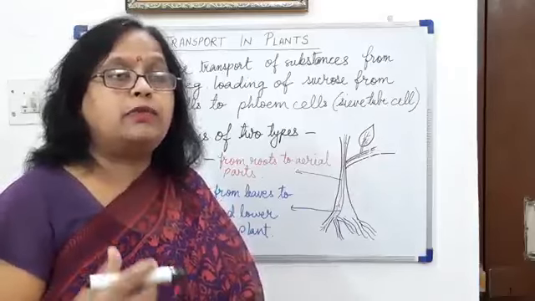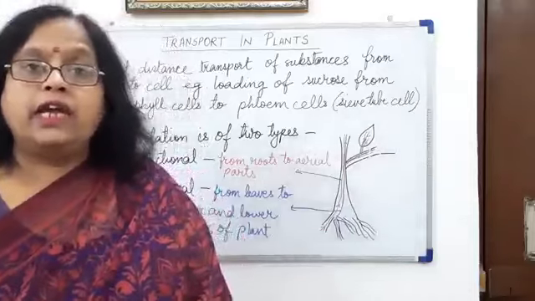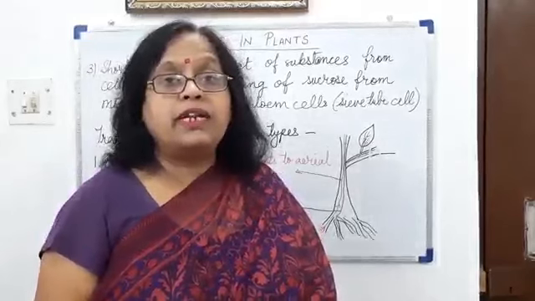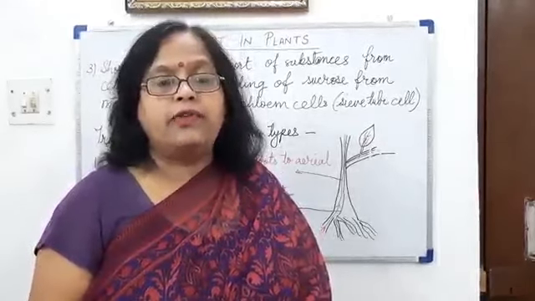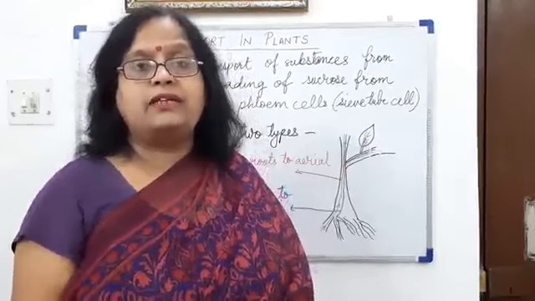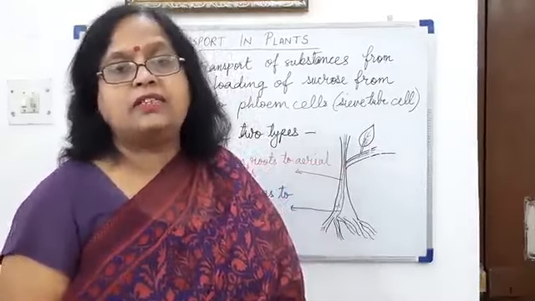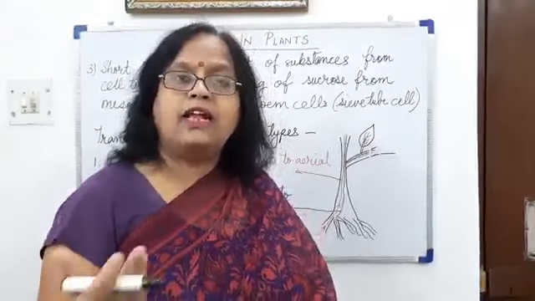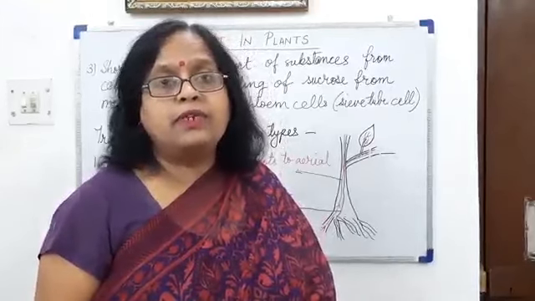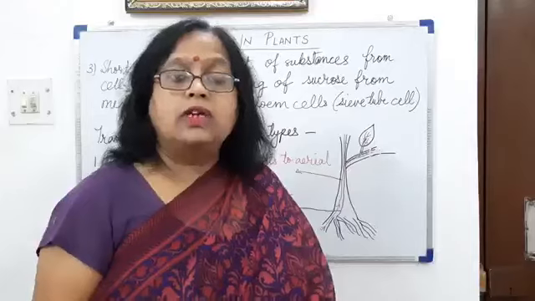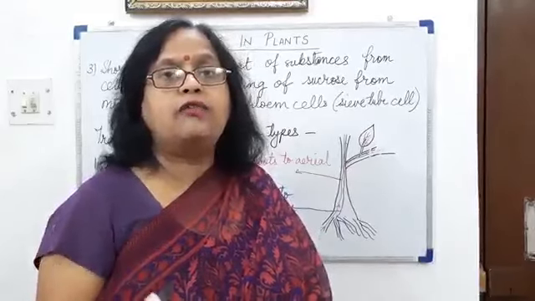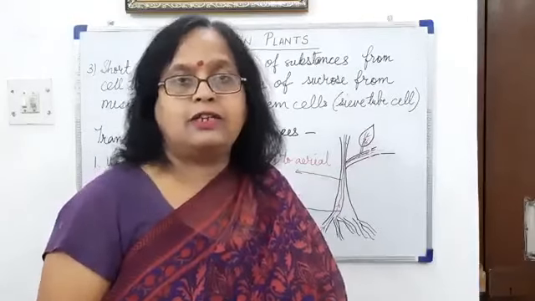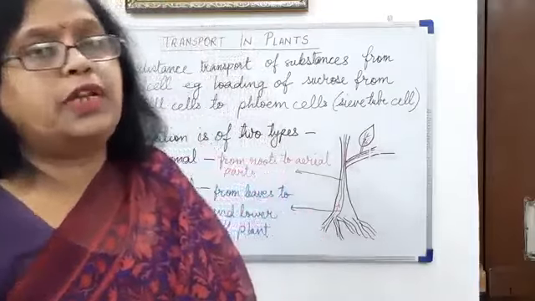Like this, suppose potassium ions. We have studied the potassium ion concentration theory about stomatal opening and closing. In that, from the neighboring cell, potassium ions are taken into the guard cells, which makes the concentration of guard cells higher, due to which the guard cells absorb water and become turgid, and due to which the stomata open. So here also the transport of potassium ion from one cell is taking place into the other cell, that is the guard cell. So this is the third level of transportation.